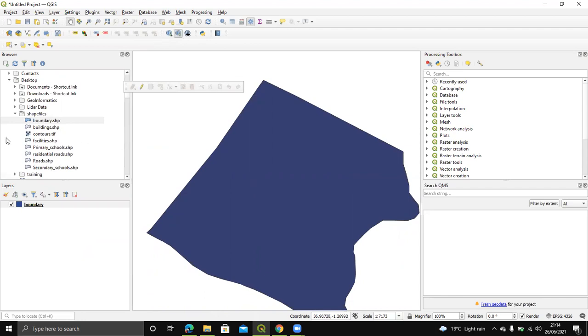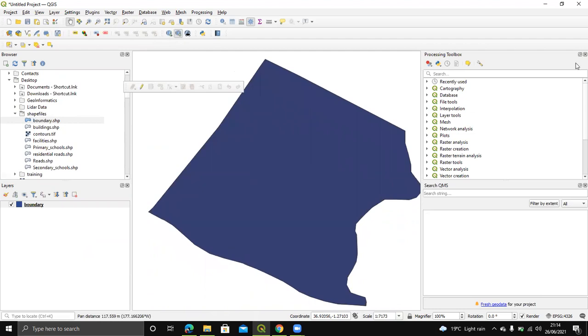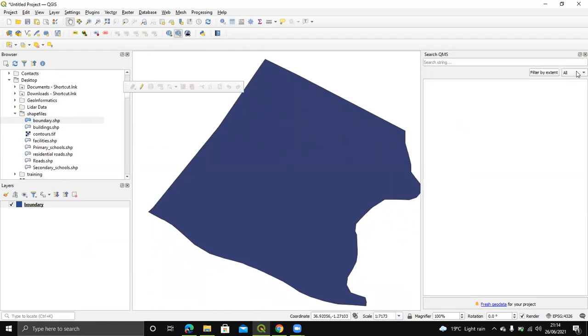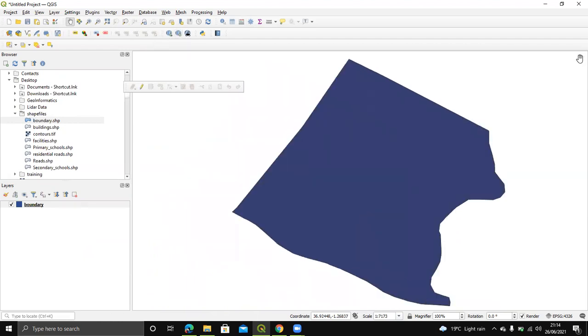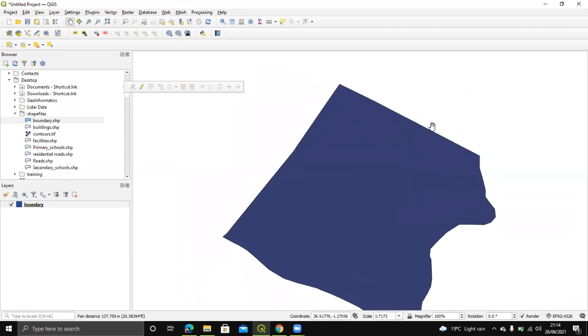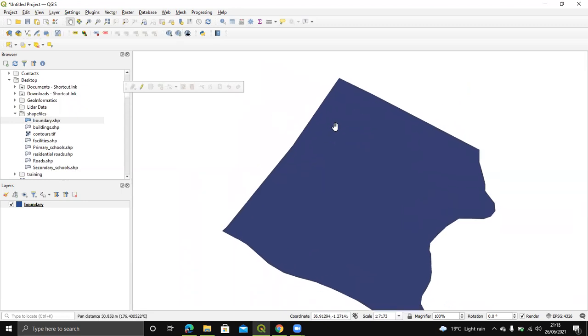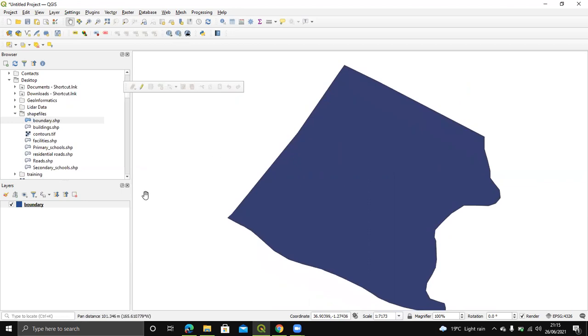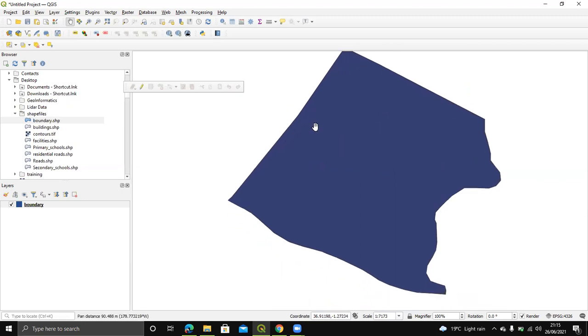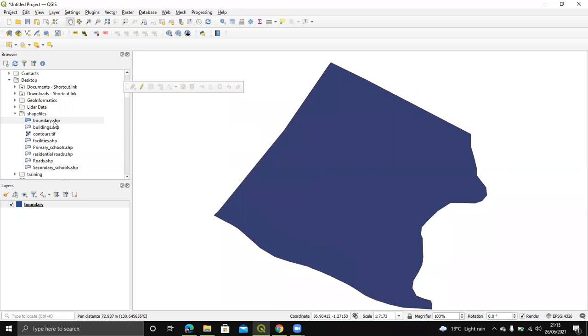So let us jump to vector data in QGIS. I have vector data added already. These are vector data we added. Now I can see this is standing in my way, so I'll just remove them so that we can have a big space for visualization. So these are actually the vector data I have, and vector data in QGIS are not different from the ones we have in ArcGIS. They are actually .shp,